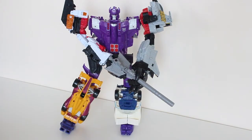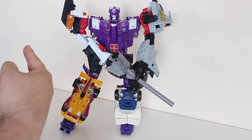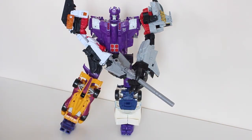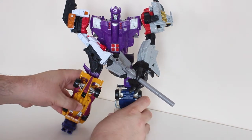And there we have it, the apparently official combination for Galvatronus. My Air Raid and Skydive are the opposite way around, pretty much because that's how I have them on my Superion, so I couldn't be asked to switch them. It's not that hard, I just push the limbs the other way, but hey, there you go. So you've got Air Raid and Skydive, whichever way you want to do it, Breakdown and Drag Strip. Now, you may notice something, and I don't know if it's just me being an idiot, but Drag Strip is actually a taller figure for the leg than Breakdown. So if you actually put them leg to leg,